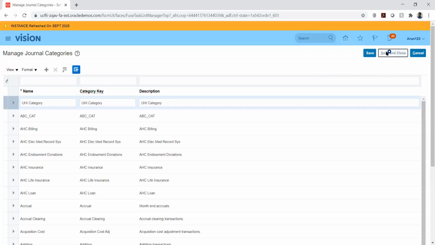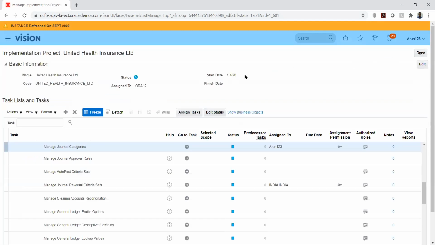So we have created the journal source and the journal category.